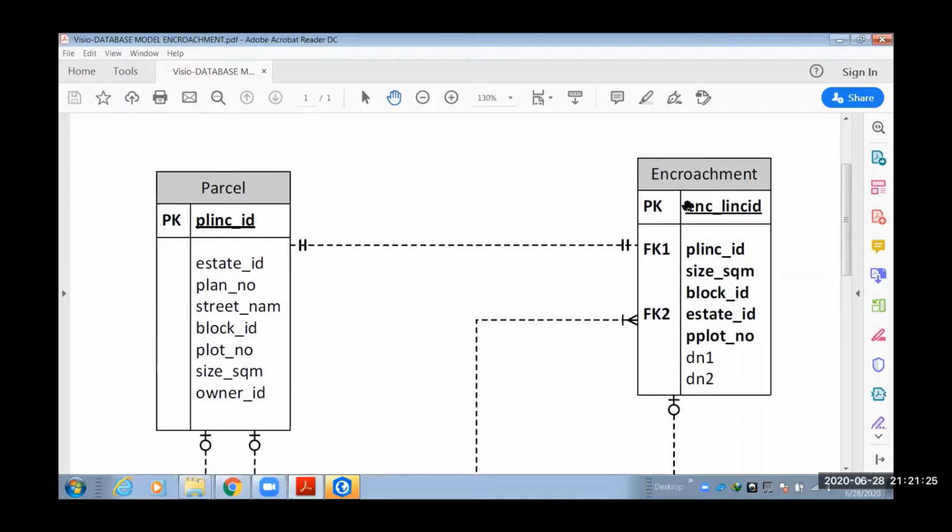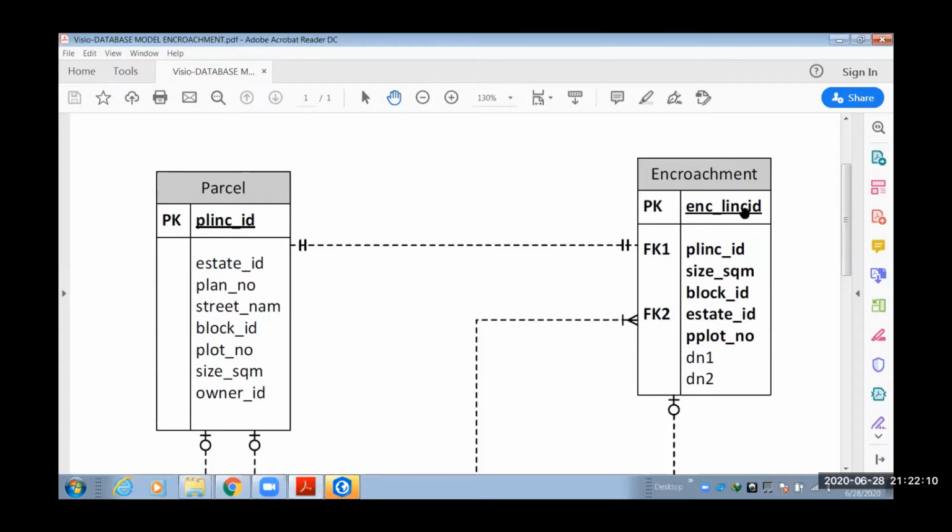Now, encroachment. Encroachment is when they allocate all these parcels, these plots, to owners, and the owners went ahead and, you know, this is a case study in Lagos where people start filling water body just to extend their land. Owners started extending their land, which is against the previous layout given to them. So we have an encroachment, and inside this encroachment we have encroachment link ID, which is a centroid of that